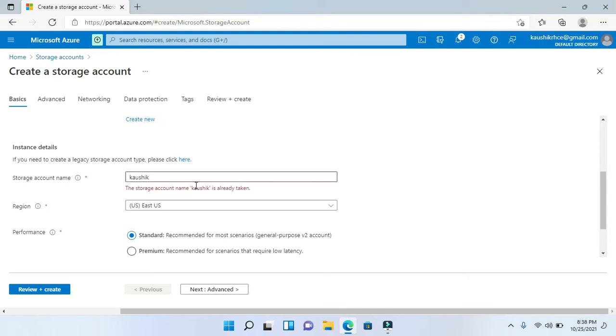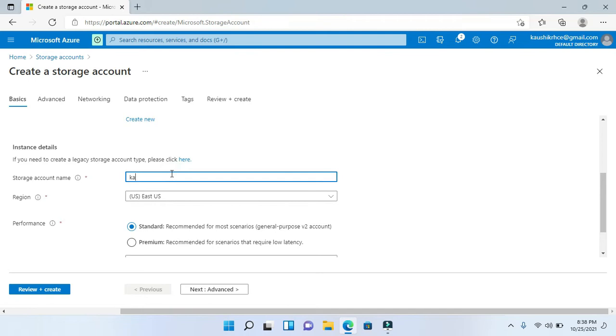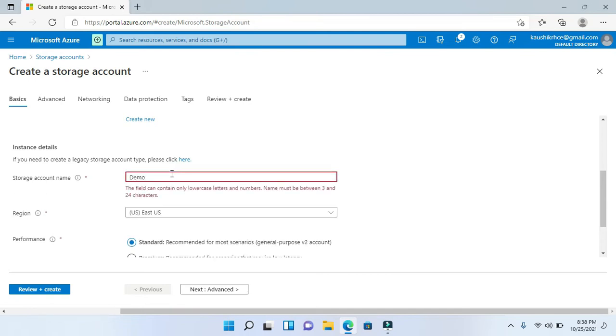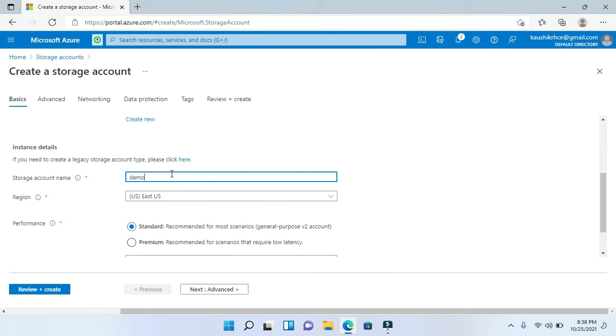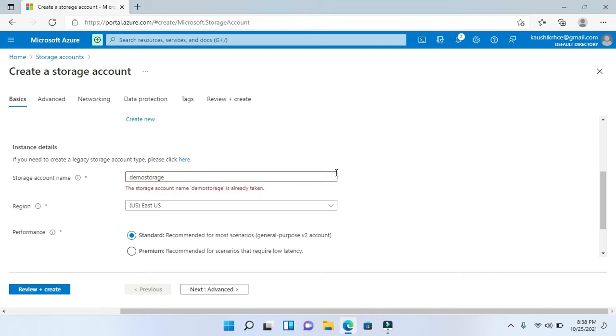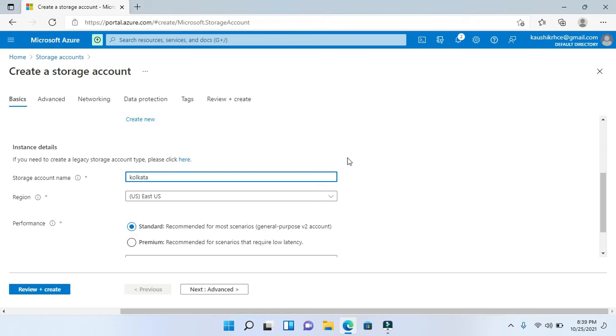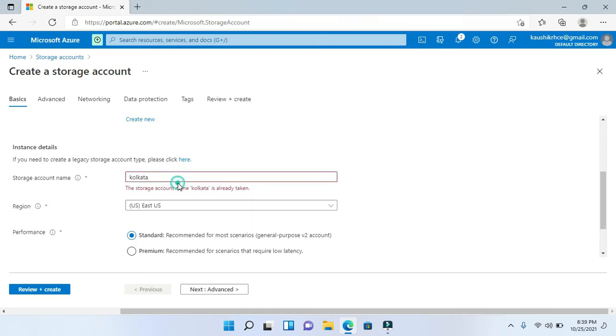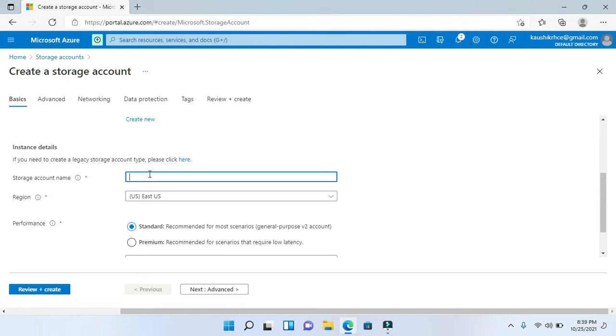Already taken. So I'll try some demo storage. Okay, demo storage is already taken. So I tried Kolkata, and that is also taken.